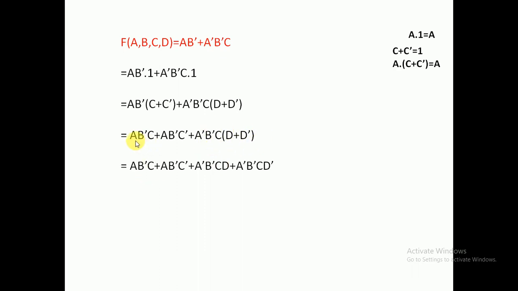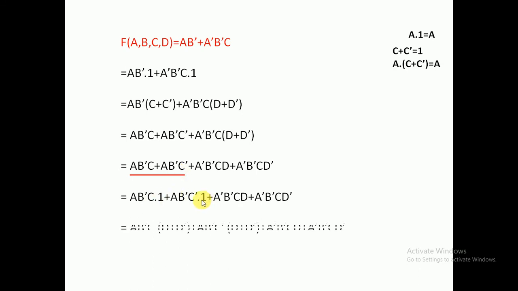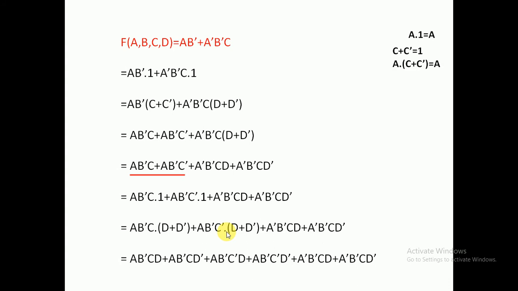Then next, there are some terms we identified. What are they? A B dash C, A B dash C dash, A dash B dash C D, and A dash B dash C D dash. Now see, in all these terms, which one is missing for the 2 terms? D is missing. These 2 terms are in a standard format. Now don't think about these 2, you have to think again about these 2 terms only, because we have not added the D for the A B dash term. Here we need to add for these 2 terms. For these 2 terms, dot 1 and dot 1, add the corresponding signal and apply the distributive law. Finally you will get the standard format of a Boolean function.